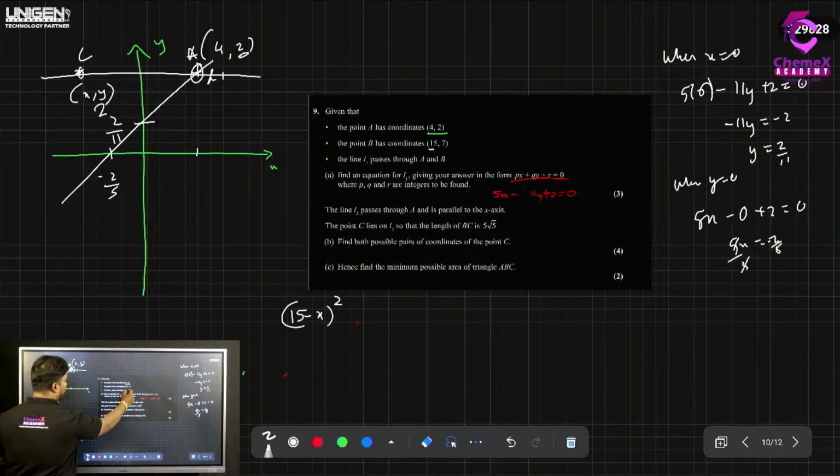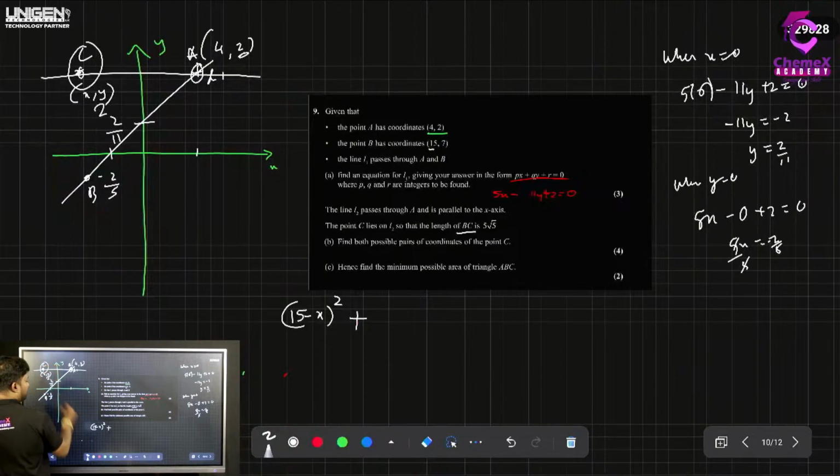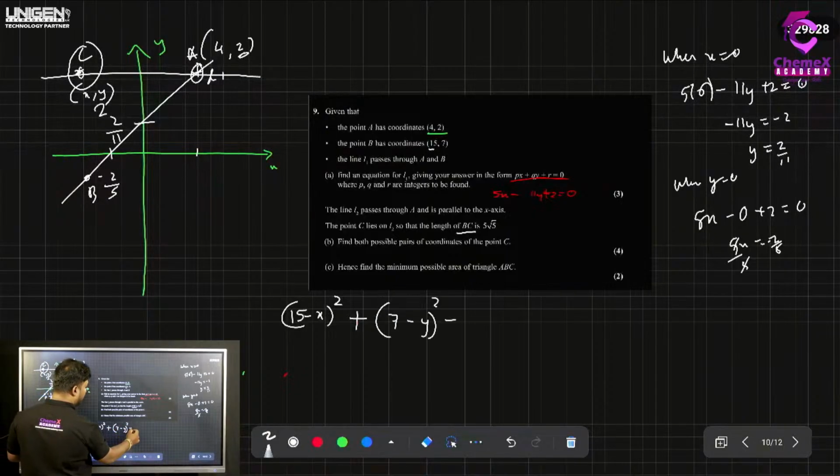15 is B's x-coordinate, because B and C, no? C's coordinate is unknown. B is somewhere here. So C is (x minus 15 minus b). So then (7 minus y) squared is equal to the length, which is what? 5 root 5